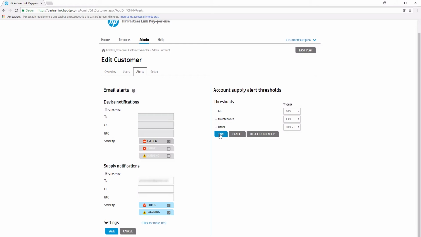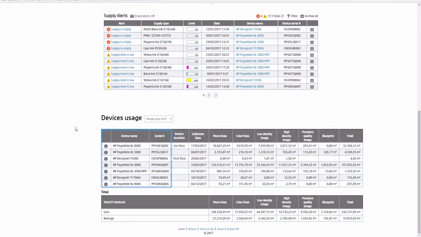If you have previously subscribed to the alerts on the general dashboard, you don't need to do anything else on this page. If you are looking for specific alerts for a particular client, then you will need to set them up in their dashboard. At the bottom of the page, you will see the printers that your client has connected, along with other information such as the serial number, the last collection date, and the usage information.